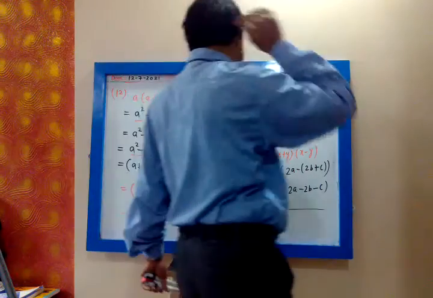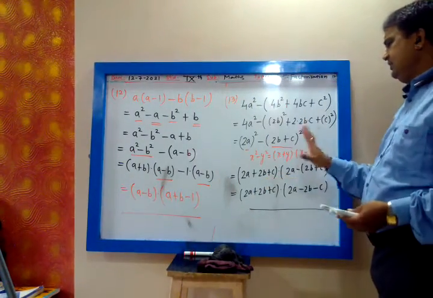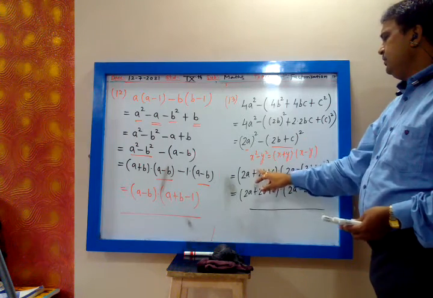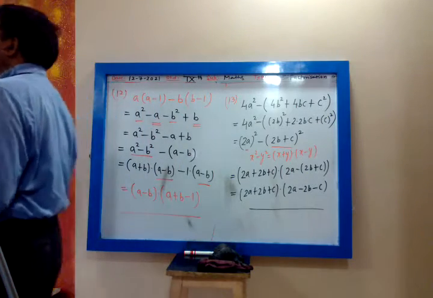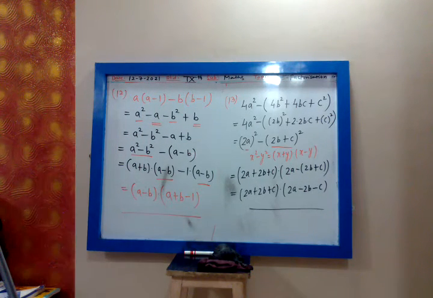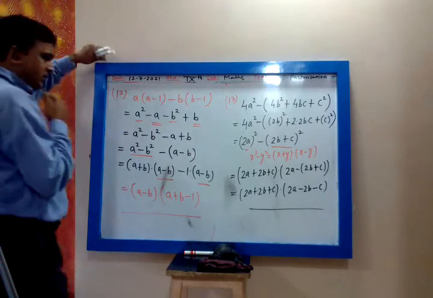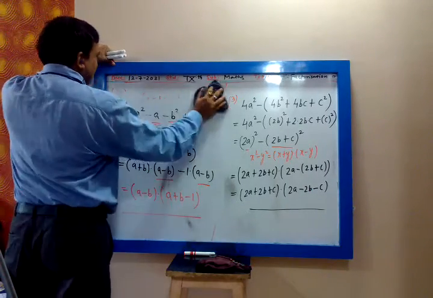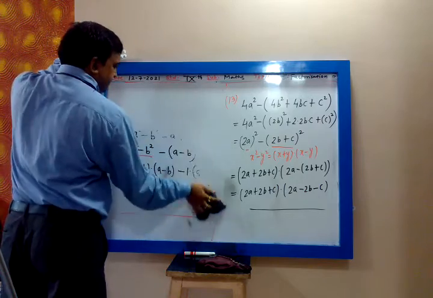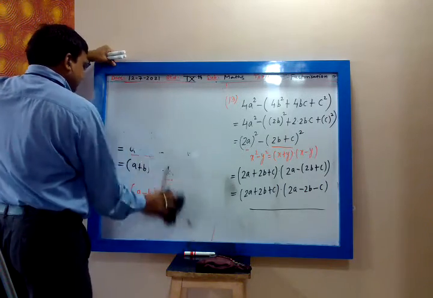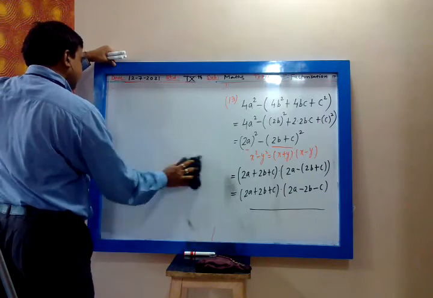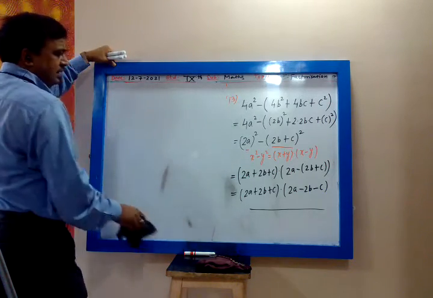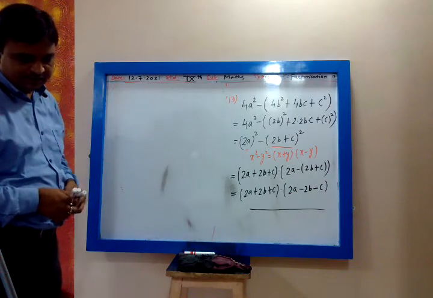Yes, no problem. You can put the bracket in plus, no problem. We do not put the bracket in plus because it will not have any effect. But we definitely put a bracket in minus because the inside sign will change. Then 14th. So we are doing difference of two squares. Difference of two squares means x square minus y square form. x square minus y square is x plus y into x minus y.